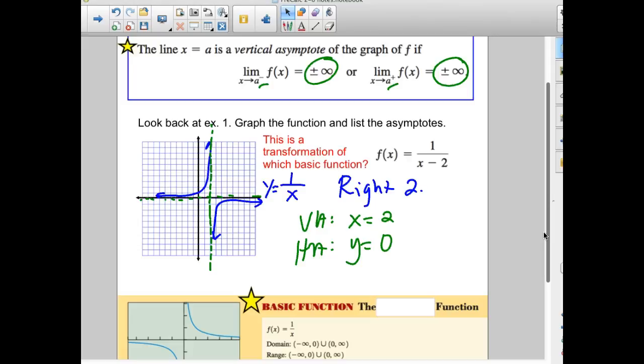Now, we would like to be able to have a fairly accurate placement of those. So let's look at a couple values on either side of our asymptote. We can't be at 2, but let's try 1 and 3. We're not going to graph our 100 and negative 100 that we found on the last slide. All right, those are too big. If we put a 1 in here, what do we get? If we put a 3 in here, what do we get? All right, so if we plot those points, 1, negative 1,